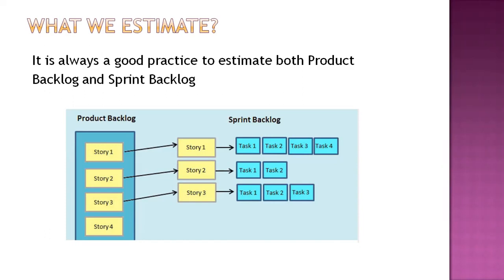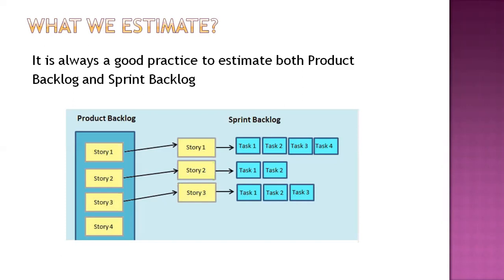Now, here also we need to estimate. Even though everything is estimated earlier, can we drag everything and put it here in the sprint backlog? Maybe the product owner wants both login and search, but as a team, we don't have that much bandwidth. We need to estimate that, right? So that is where we do the capacity planning. Capacity planning is going to give us the whole picture: what is the available bandwidth of the team and how much we can take from the product backlog to achieve the sprint goal. Only with the capacity can we run the show? Of course, we can run the show with the help of capacity also.